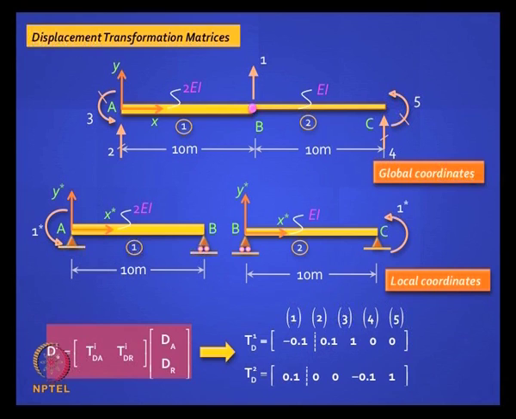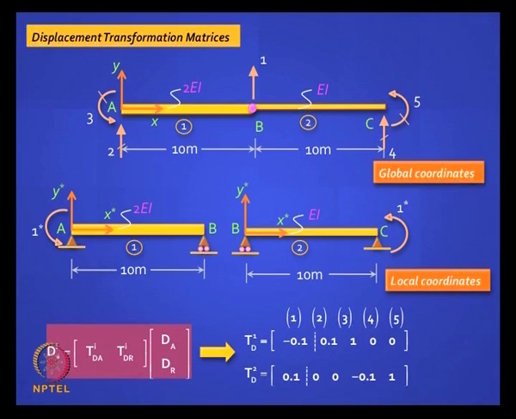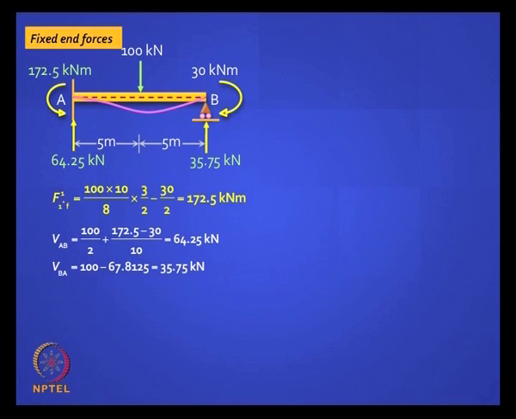Second column is simple. I lift up this. If I lift up this, I have a clockwise chord rotation for this and nothing for the second one, so I get anti-clockwise positive 0.10. Third one, this will give me 1 here and 0 here and so on and so forth. Very clear, simple, easy to do once you get the hang of it, right? Okay, we will move ahead. Fixed end forces. Here remember there was a nodal moment 30 kilonewton meter to the left of the hinge.